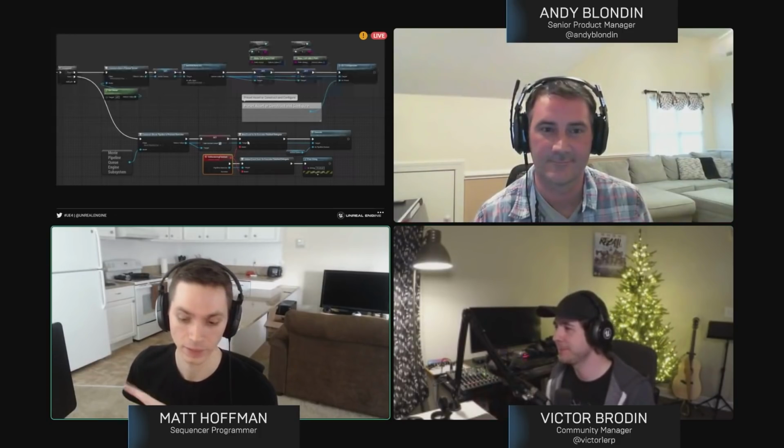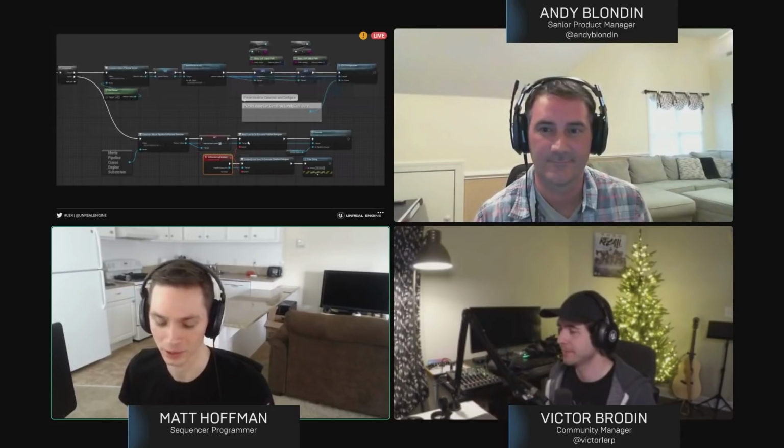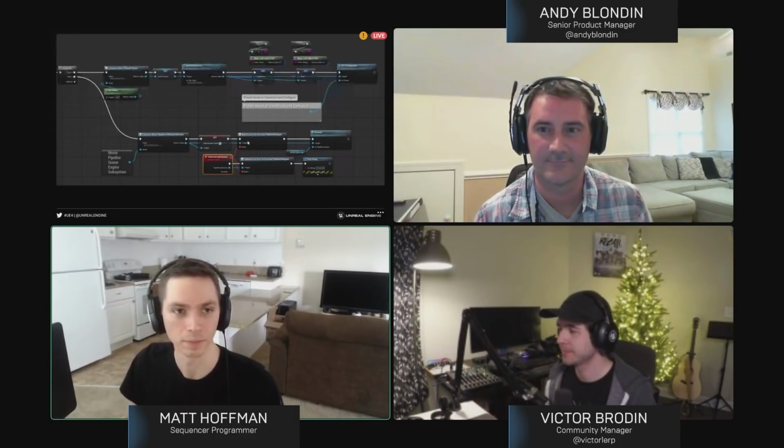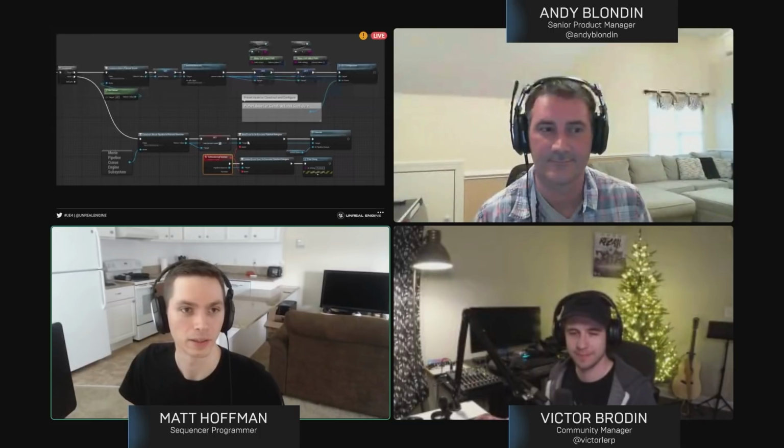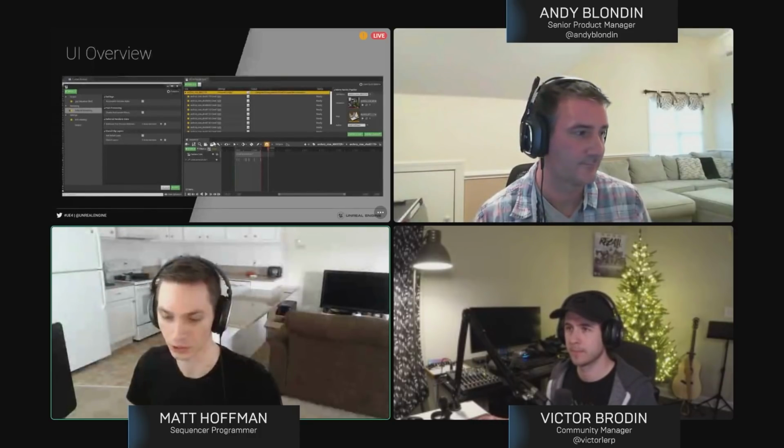I do actually have something, because your comment about videos reminded me. In the UI overview, if you've used the old sequencer render before, you may be familiar with this clipboard icon in Sequencer. Even if you've enabled Movie Render Queue, pressing that clipboard icon in Sequencer is going to open the old UI and the old renderer.